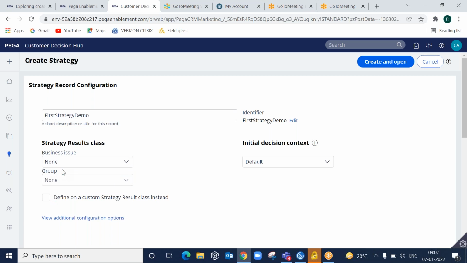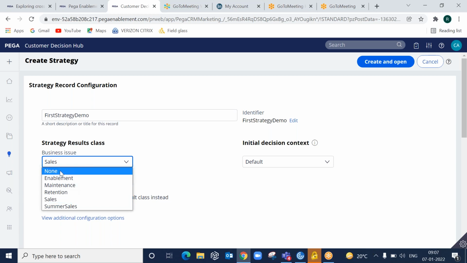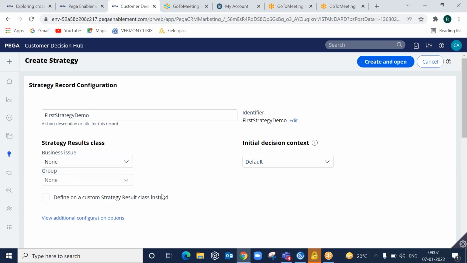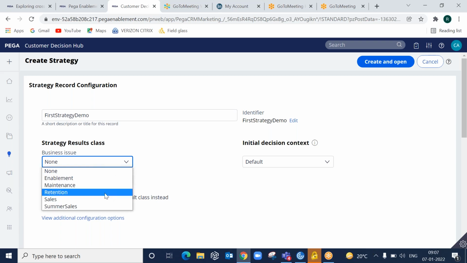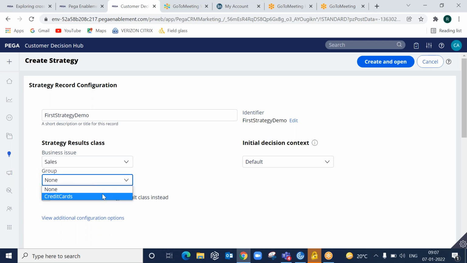So this option is whether you want to restrict the strategy results to a single issue and single group, or whether you want to get the results from multiple issues and multiple groups. Let's say I select sales and credit cards and I will show you what happens if you do this.